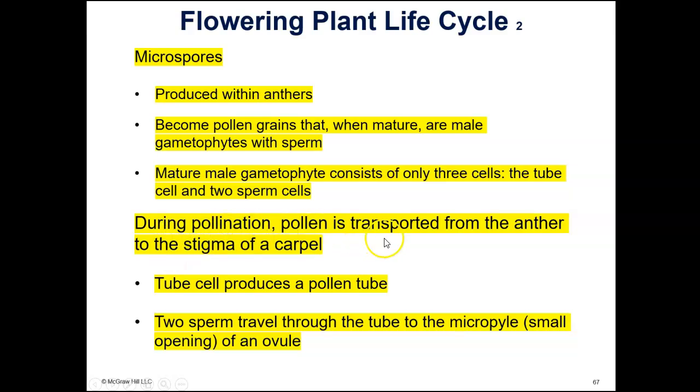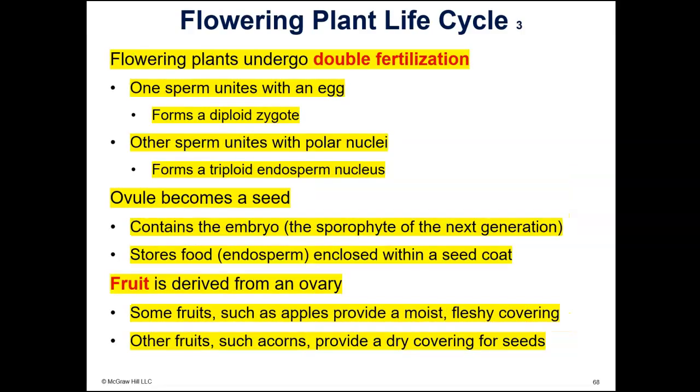During pollination, pollen is transported from the anther to the stigma. It can be on the same flower, or it can be on a different flower. The tube cell produces a pollen tube, so that's the function of one of those 3 cells. The tube cell produces a pollen tube, and the 2 sperm travel through the tube to the ovule. Now, the